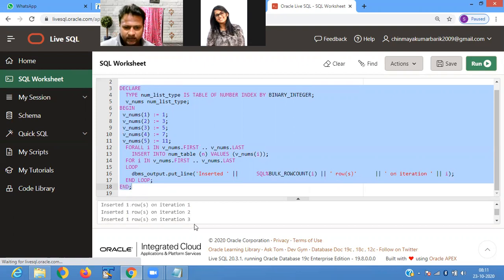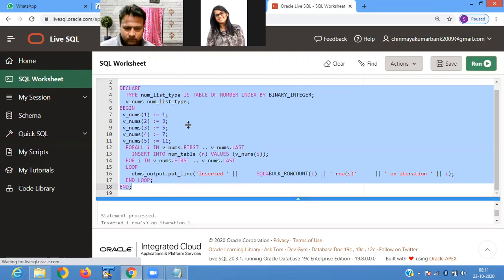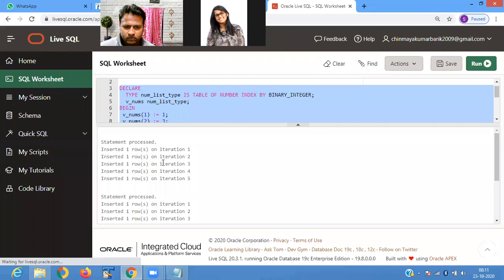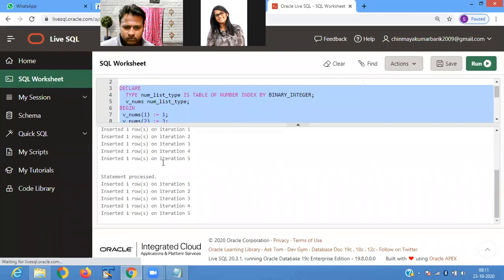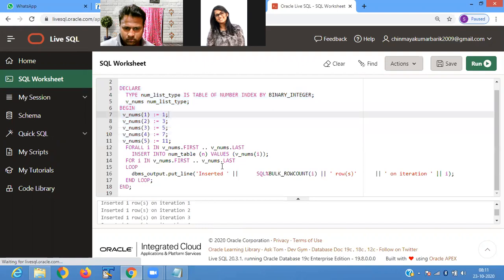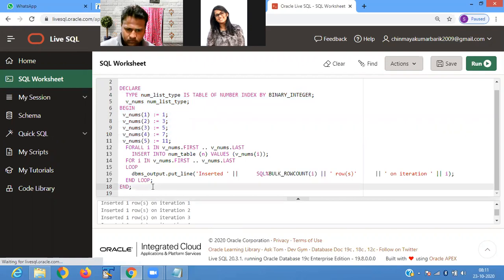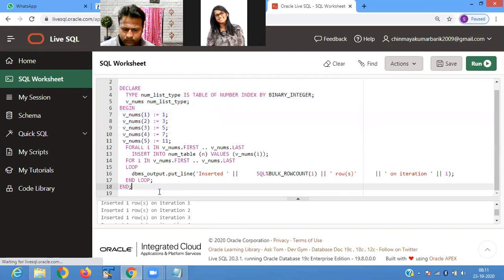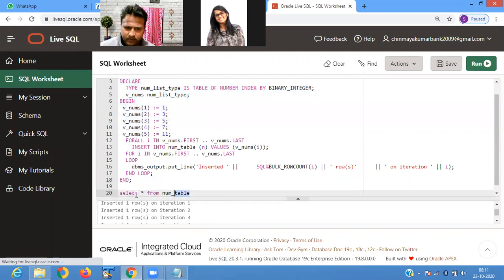If you see the result, then select star from norm table.